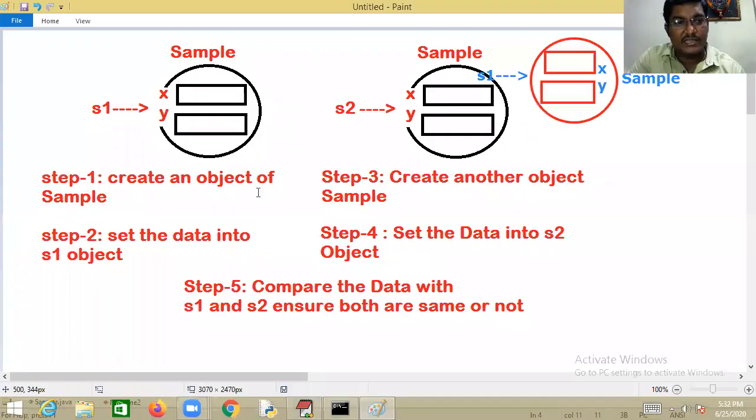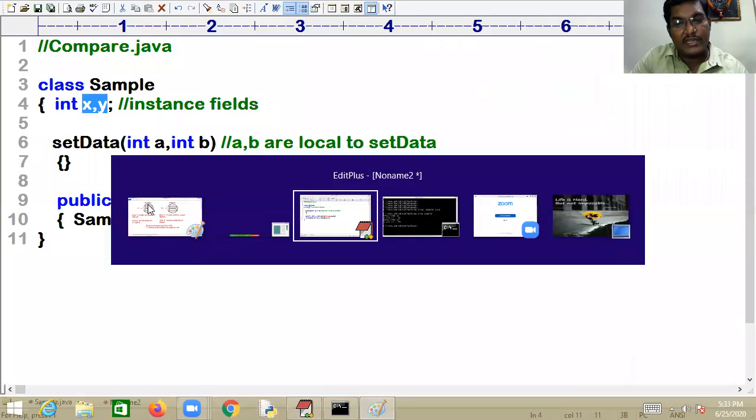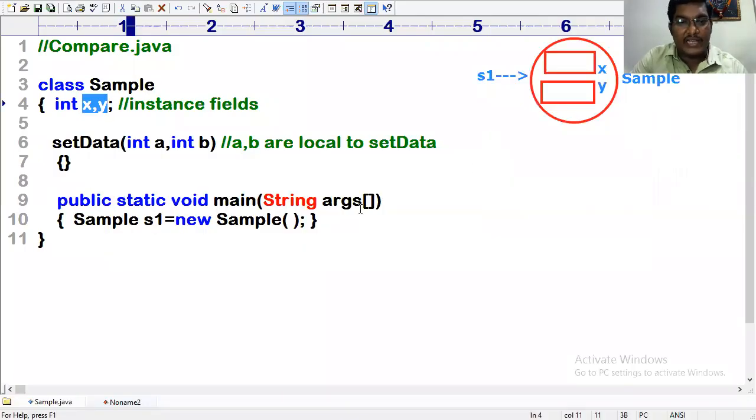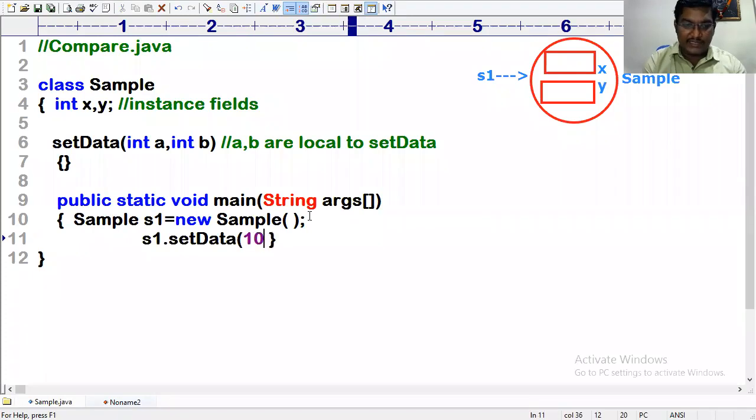Based on our discussion, step one is completed: create an object of the sample class. Next, we have to set the data for the S1 object. S1 dot set data, passing 10 and 20.